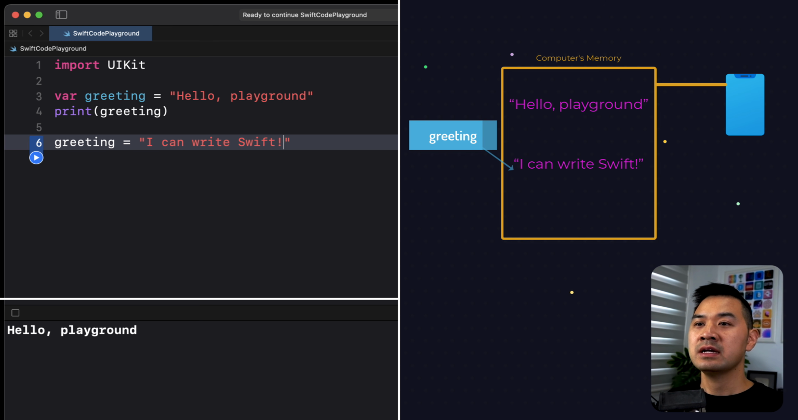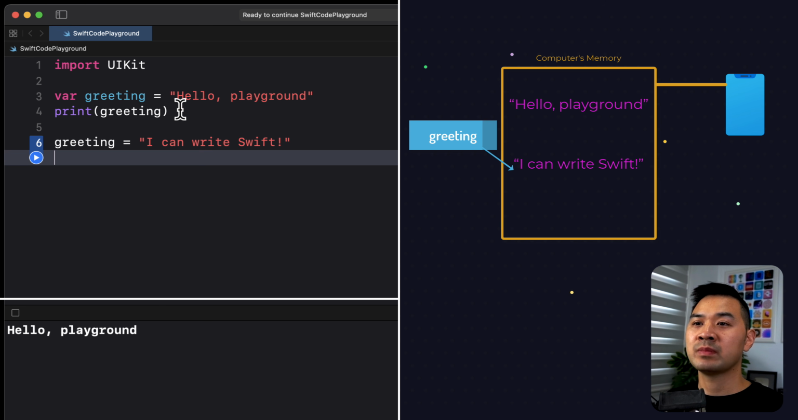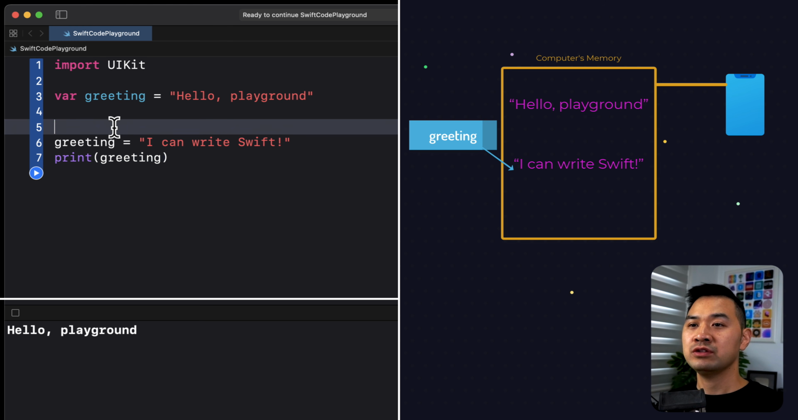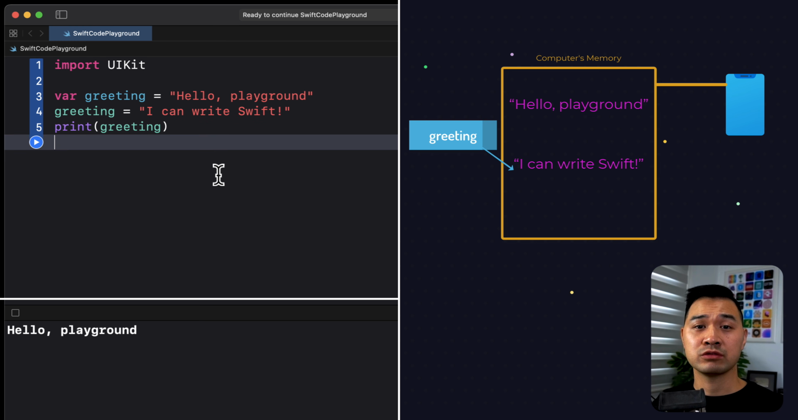Like that. Now, if I moved my print statement, so let me Command X to cut it, paste it here, Command V. Now, if I do that, what do you think this is going to print out? Let's go ahead and try it out. So I'm going to hit stop and then hit run. And it prints out I can write Swift